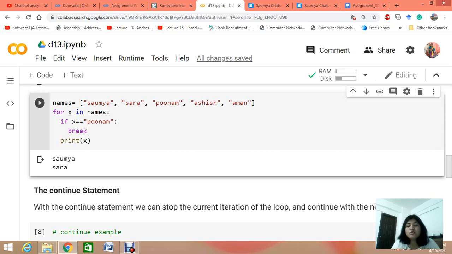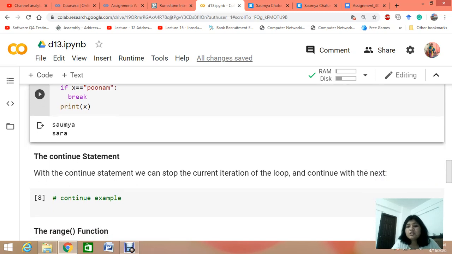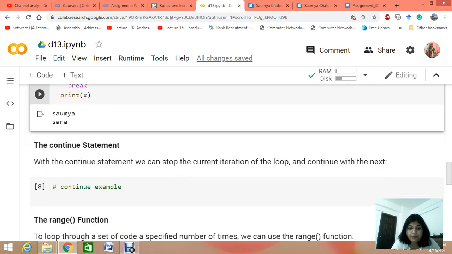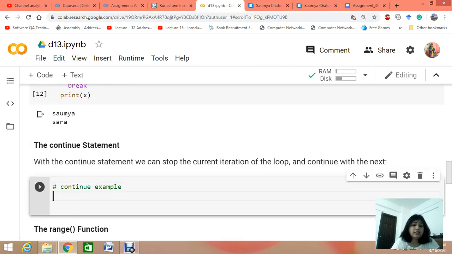Now I want to skip a name from being printed. In the same example, if I have Soumya, Sara, Ashish, Aman that I want to print, but I want to skip Poonam. For that purpose we have a continue statement, which will stop the current iteration in the loop but continue with the next. So what we can do in this case, let's say we already have names, so let's first